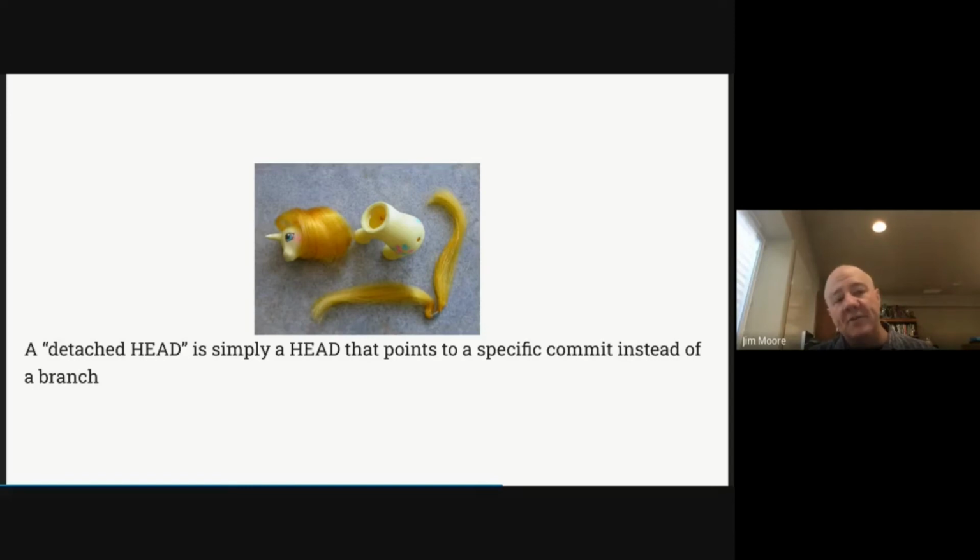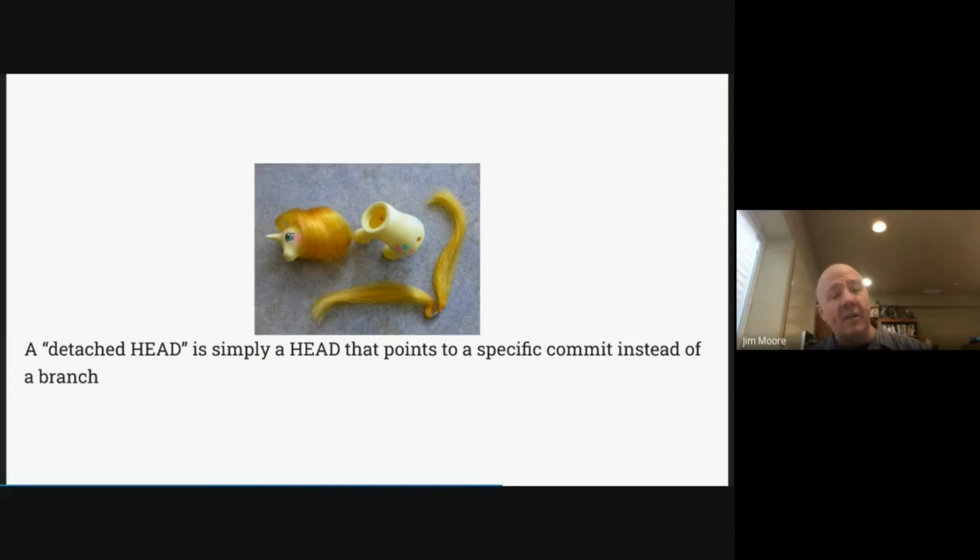When you do certain operations, you'll sometimes see messages saying, hey, you're working on a detached head, which sounds really violent. It's not. All it means is that instead of pointing to a branch, the head is pointing to a particular commit. So the head isn't going to be moving implicitly as you're making changes. That means if you're creating new commits assuming the head is also going to be moving, that's a wrong assumption, which is why it warns you, hey, you're working with a detached head.